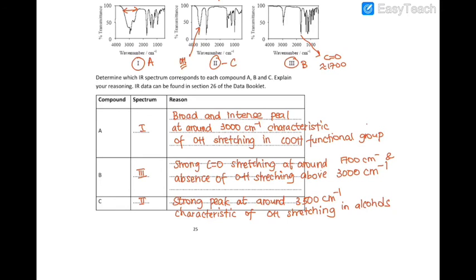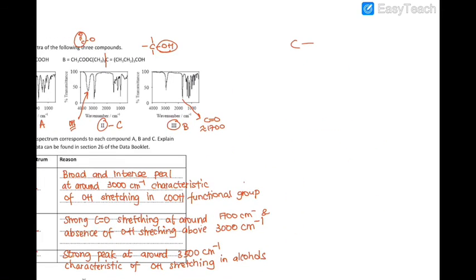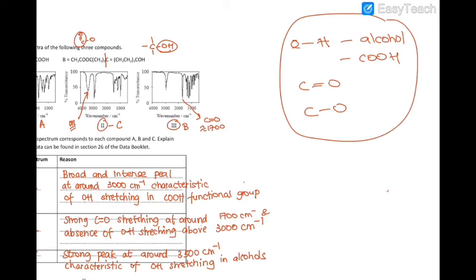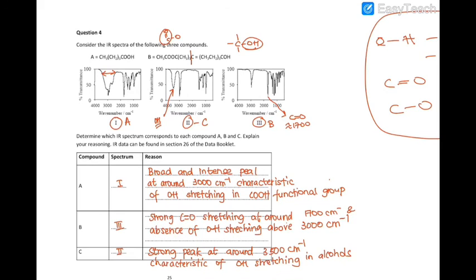So to sum up, when you're interpreting IR, no need to learn that IR table by heart, and no need to rely too much on it. It's very important that you're able to identify the characteristic peaks: OH in alcohol, OH in carboxylic acids, C double bond O peak, C single bond O peak. These are the essential peaks that you should be able to identify at eyesight. Then anything else is just going